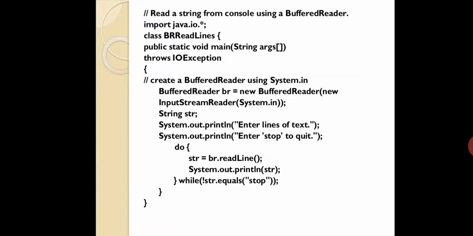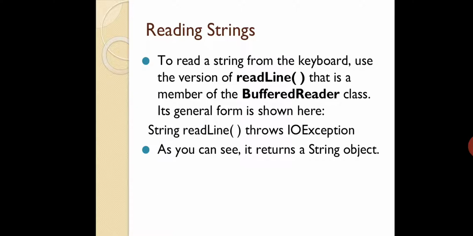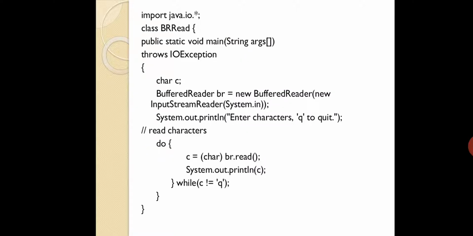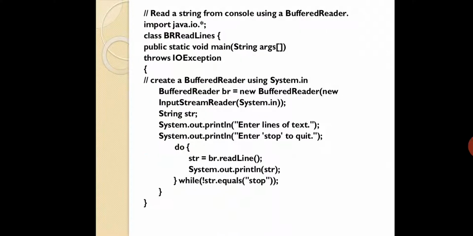Okay. Now, after printing those two, you are going for a do while loop. Again here, you are going to get the line. Now, your question will definitely be why we are not writing String in the brackets. In the previous example, we wrote char in the brackets, isn't it? Now here we are not writing anything. Why? Because by default in a Java program, whatever you read from the user will be of type String.